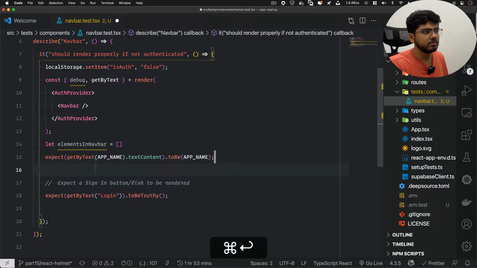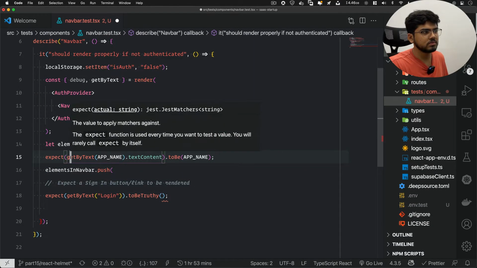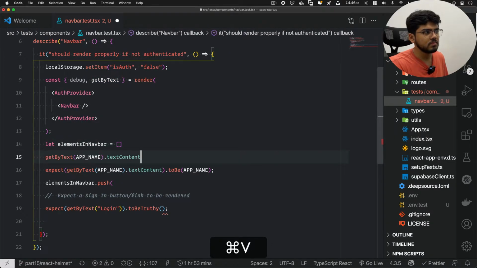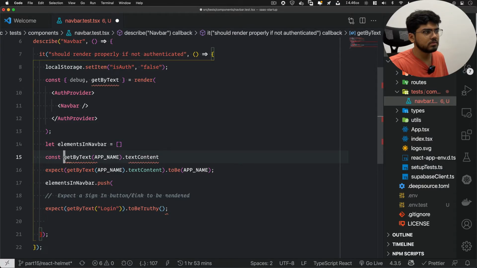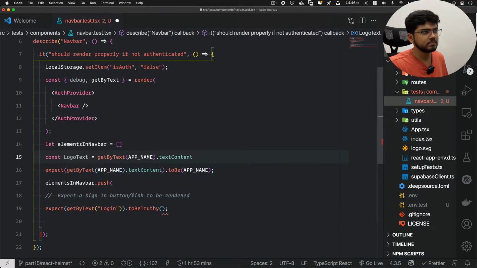Now what we'll do, elements in navbar dot push, and we will push this, which is the const logo text, and we will use it everywhere.